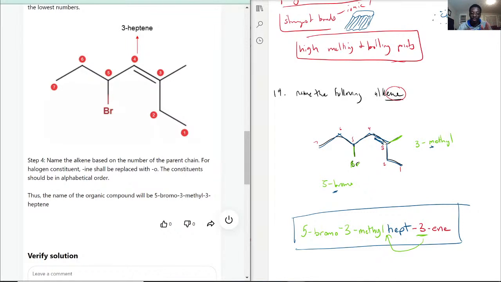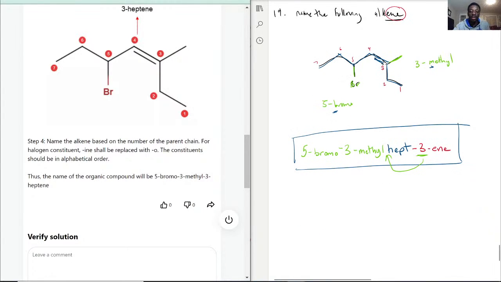So with this though, considering that it's always very tricky, I'm gonna go with what it says over here, just because. So we have still 5 bromo, so everything else stayed the same. Methyl 3 heptene. 5 bromo, 3 methyl, 3 heptene. That also works too. If there's 2 double bonds for some reason, like here for example, I guess it would have 3, 7 heptadiene. And that's where I guess I have the issue with it, just because it would look a lot better